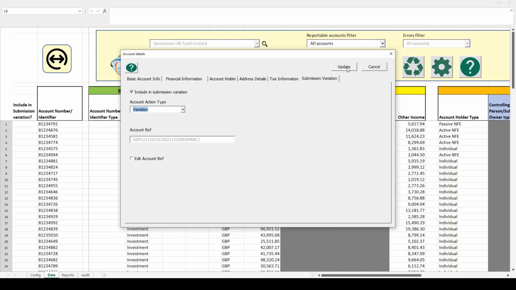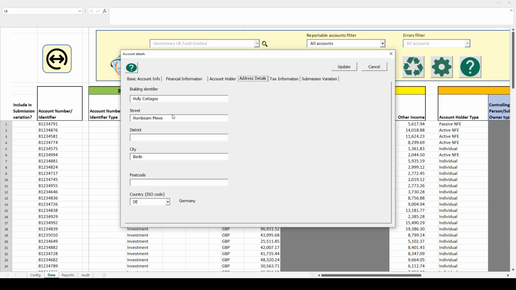And then if you choose variation, you can then update the details. So for example here, let's say one of the details on this were incorrect, need to be updated.